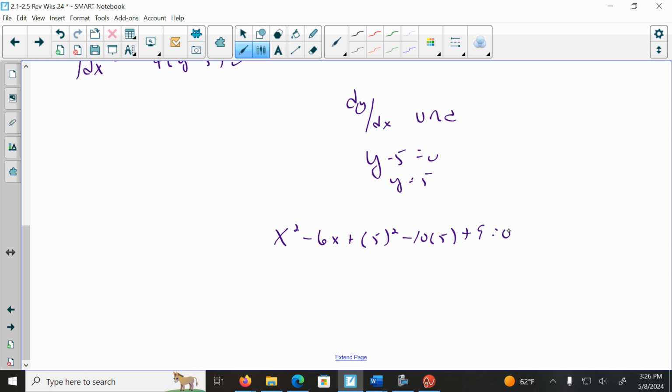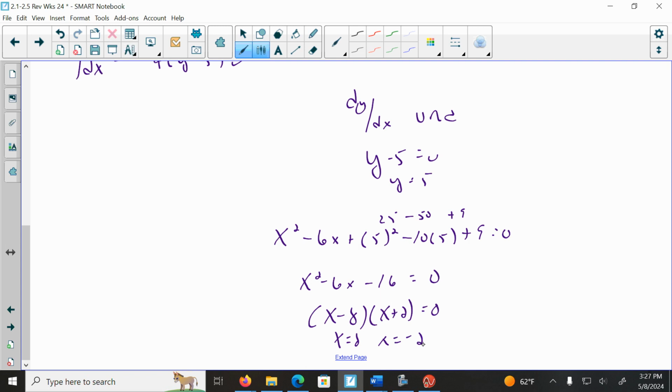So this is 25. This becomes x squared minus 6x, 25 minus 50 plus 9 will end up being minus 16 is equal to 0. So this factors as x minus 8, x plus 2. So x is equal to 8 and x is equal to negative 2. So my ordered pairs are going to be 8, 5 and negative 2, 5. And those are my vertical